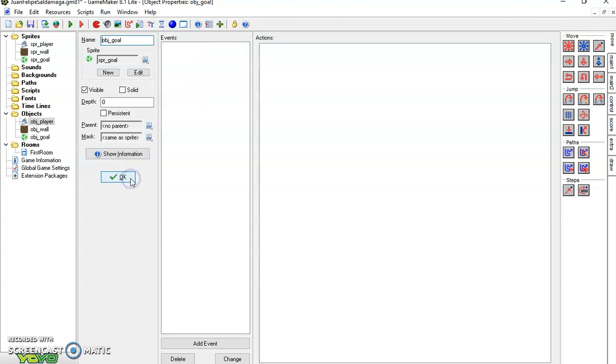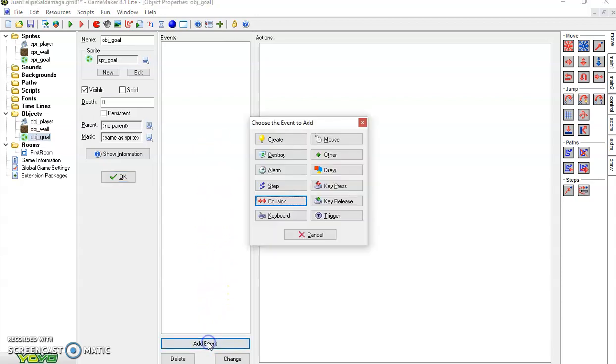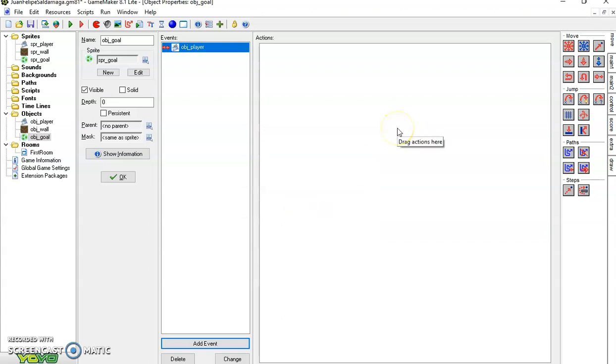I'm going to now program the goal. The goal programming is very easy. When the character collides with the goal, it must go to the next level. I'm going to add event, collision with the character. Right now, we only have one level, but it is important to consider the game when we will have a further level. So, when the character collides with the goal, in main1,